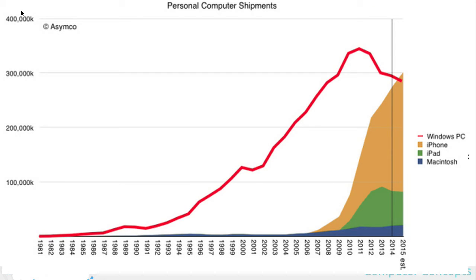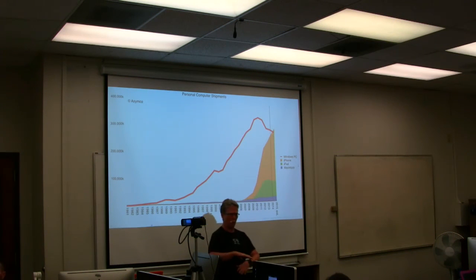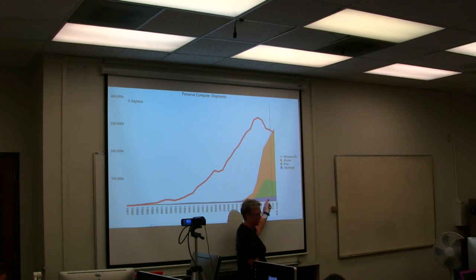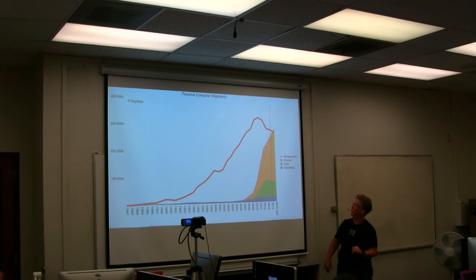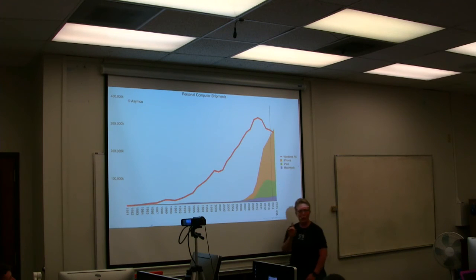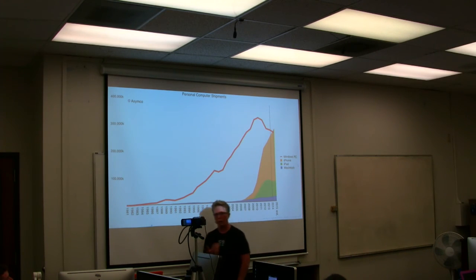This is an interesting chart from 1981 to 2015. The top line is Windows PC, so that involves all those clones. But look at the other two lines. iPhone, iPads, and Macintoshes. So really what happens, and by the way, this really did happen. This was an estimate, but this really did happen. What happened with unit sales? So iPhones, combined with iPads, surpassed PC sales. So who won? In this case, Apple, right? Okay, so what do you mean they're mobile devices? They're still unit sales.